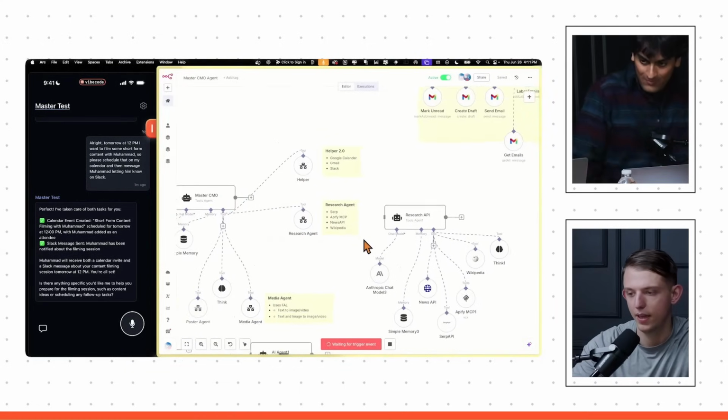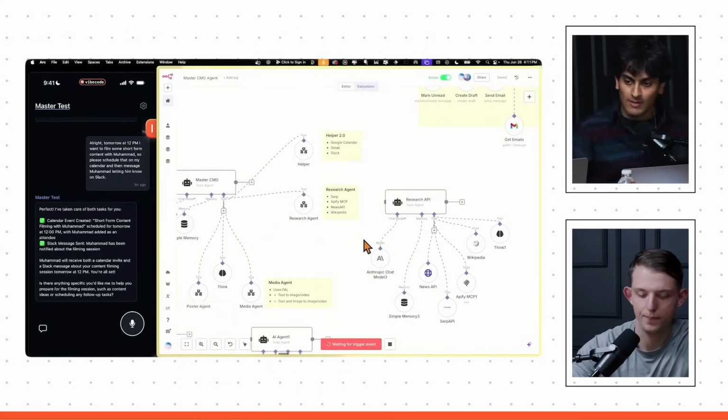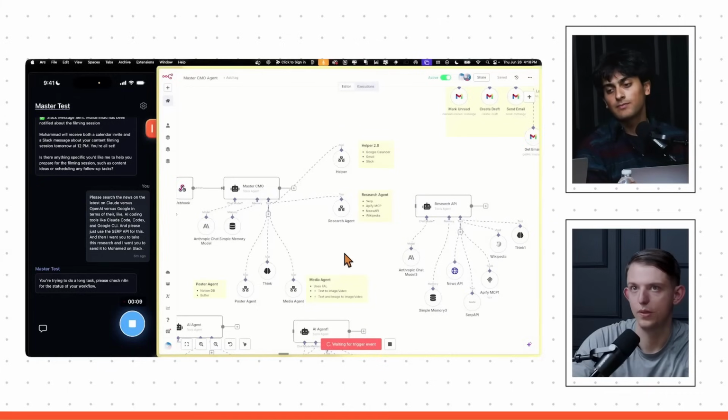And so what we can do here is we can say, please search the internet and find the latest news regarding Cluely and their recent fundraise. And then, please use the SERP API for that. And then I want you to message Mohammed and let him know what research you found, please.